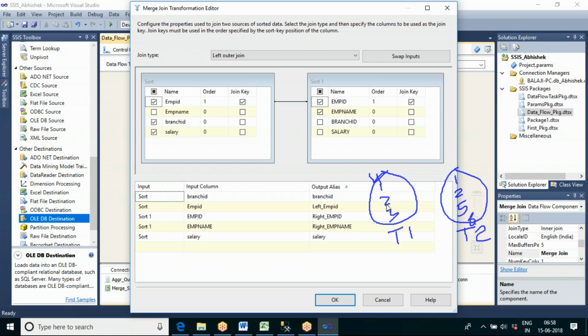So we will get 1 and 2, and this is the common records, and as well as the 3 and 4 are extra records in the left table. So the 3 and 4 are the remaining records in the left table, so in the output it will include the 3 and 4 data also. Now let me see.